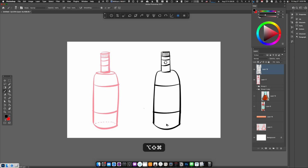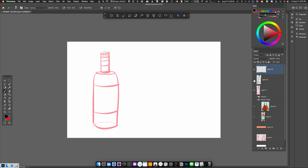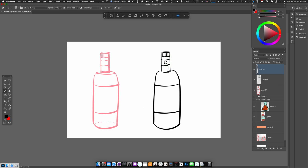And the part that you're here for is, okay, how do you make it look like glass? Well, I'm making a new layer above the bottle layer. And on this layer, I'm just going to take a thin line and bring it all the way down. I'm not going to worry about the fact that I'm going over the label. And I'll have a thick line that goes next to it, and I'll kind of repeat the same process. This is essentially the stuff that's reflected back. And I'll indicate a little bit of curvature